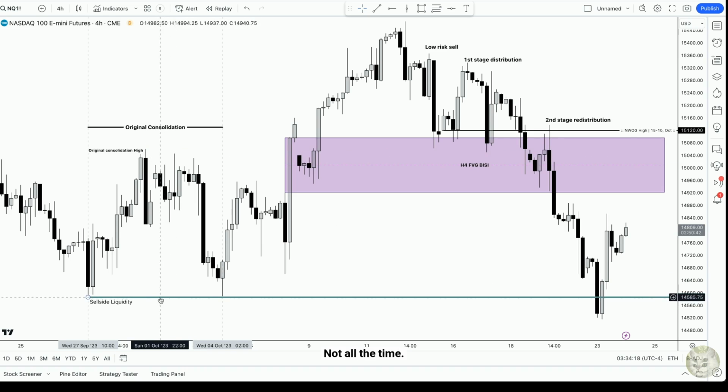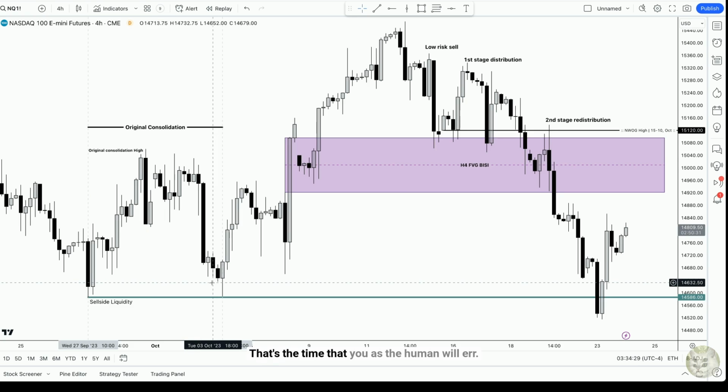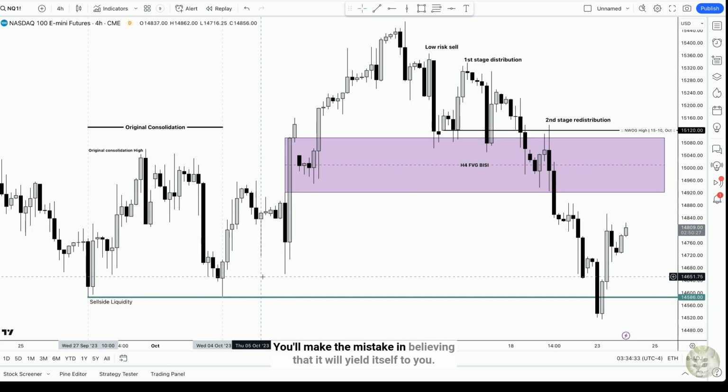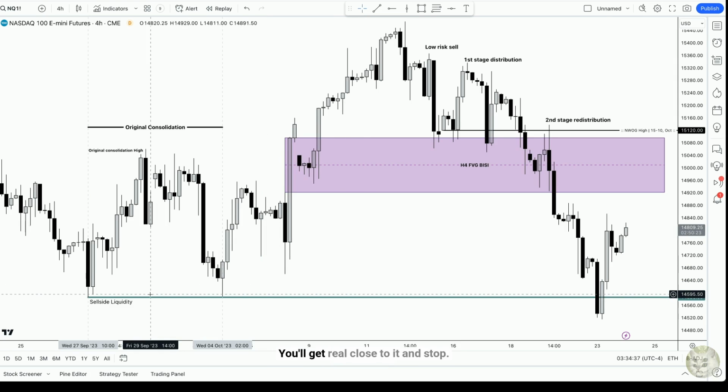Not all the time. Sometimes you'll see it in the chart. Sometimes the market will just deny that. And that's why you have to use a stop loss. That's the time that you as the human will err. You'll make the mistake in believing that it will yield itself to you, and it won't. It'll get real close to it and stop. Perfect example,